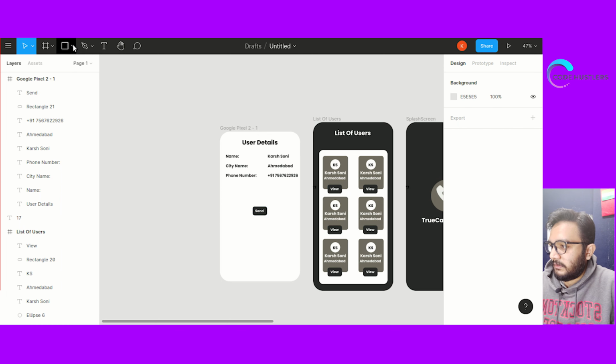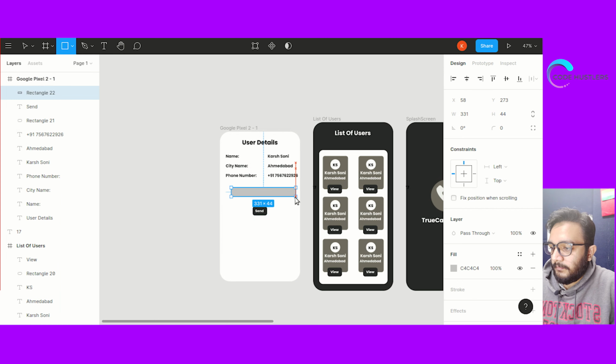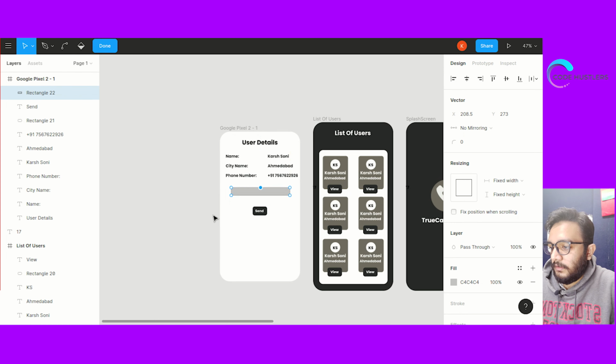So what we'll do is we'll have another rectangle, put it in here.